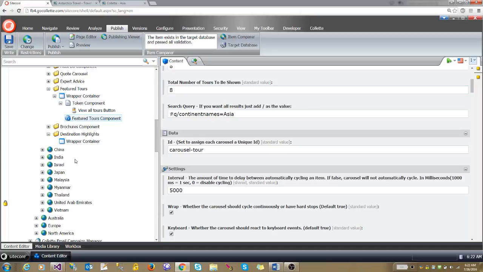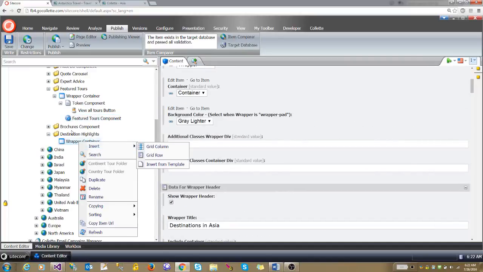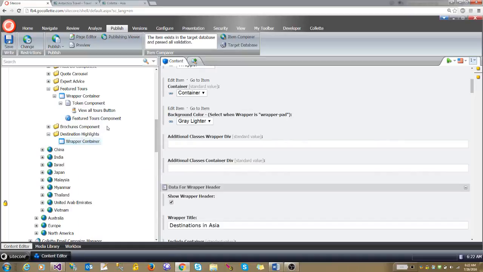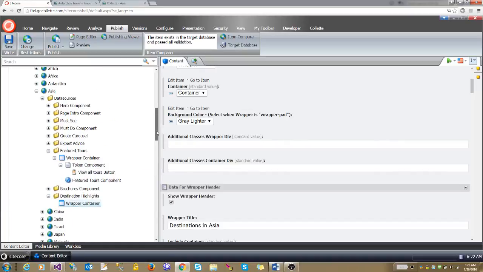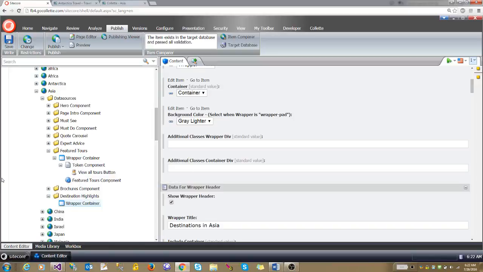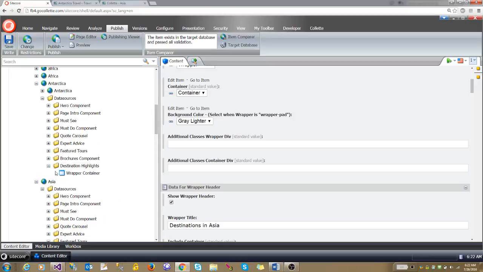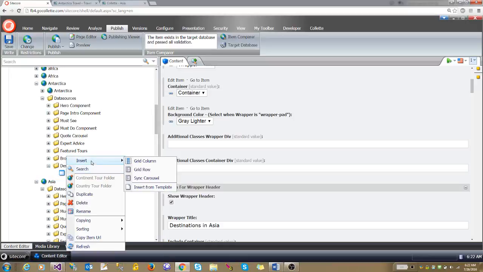Basically, if you go here, you can right click on this. That's an older page. Basically, on a destination highlights,